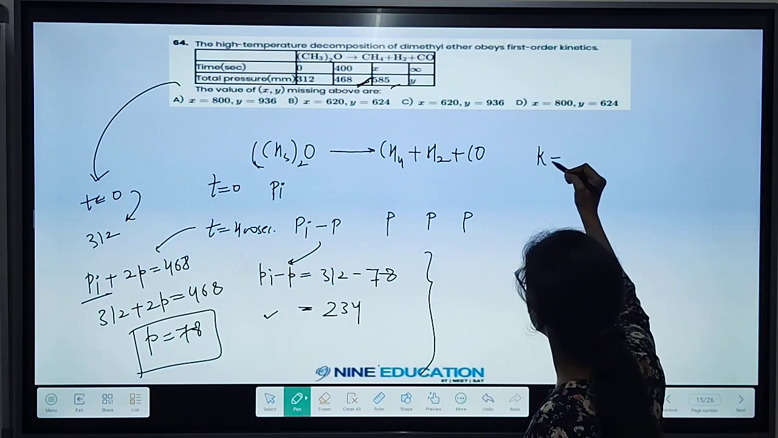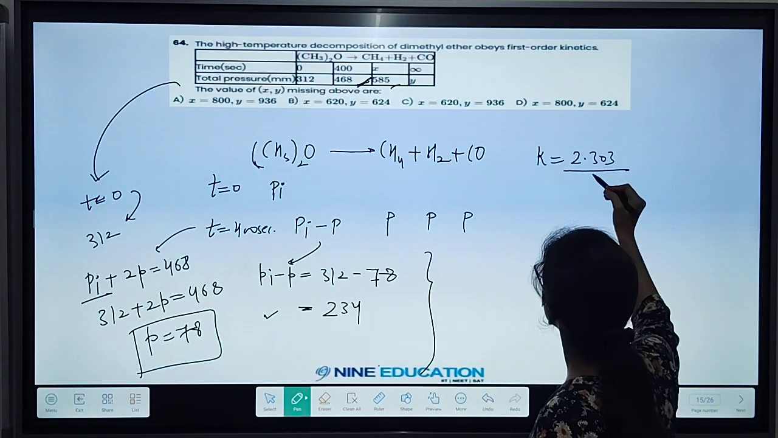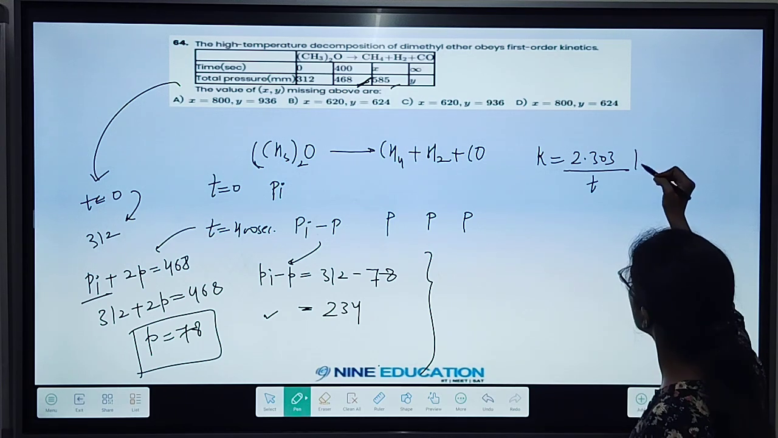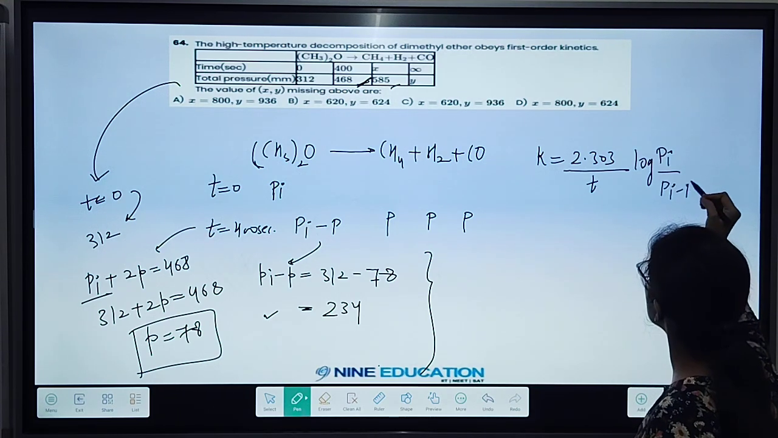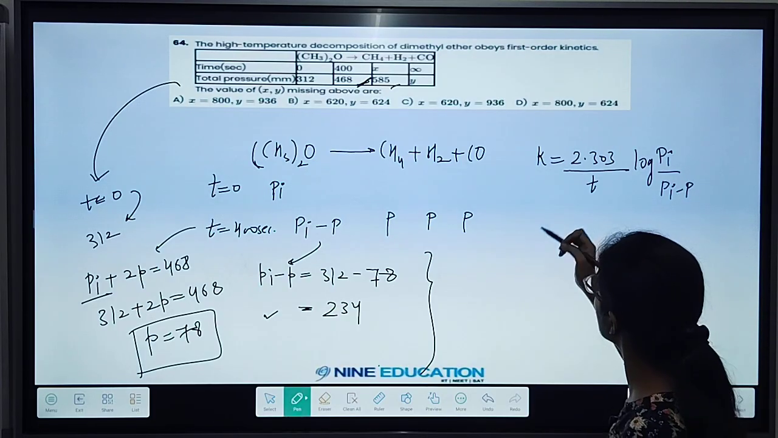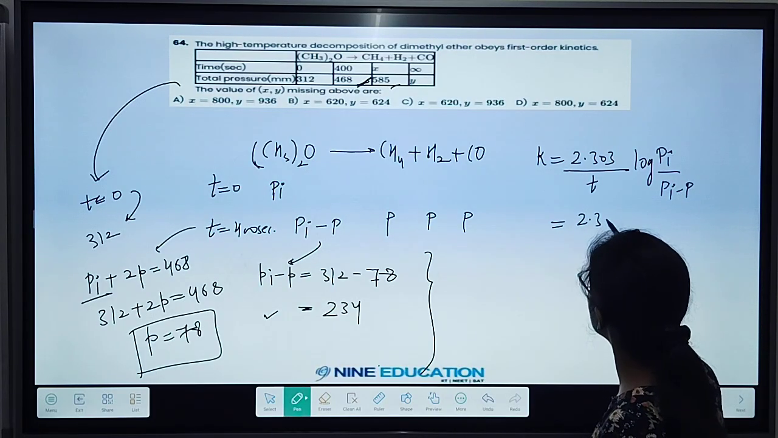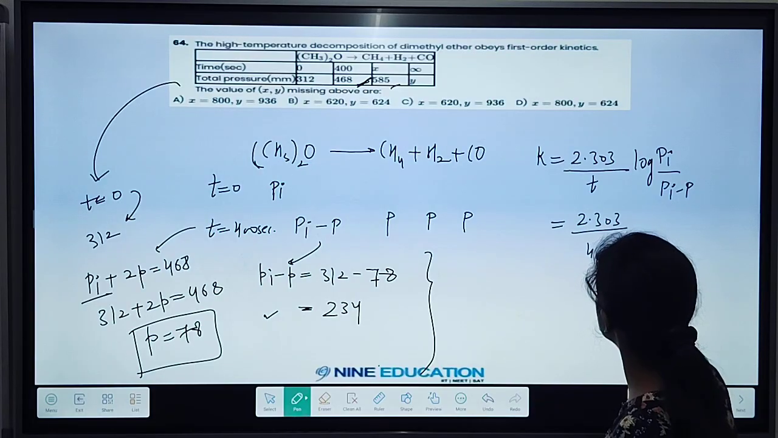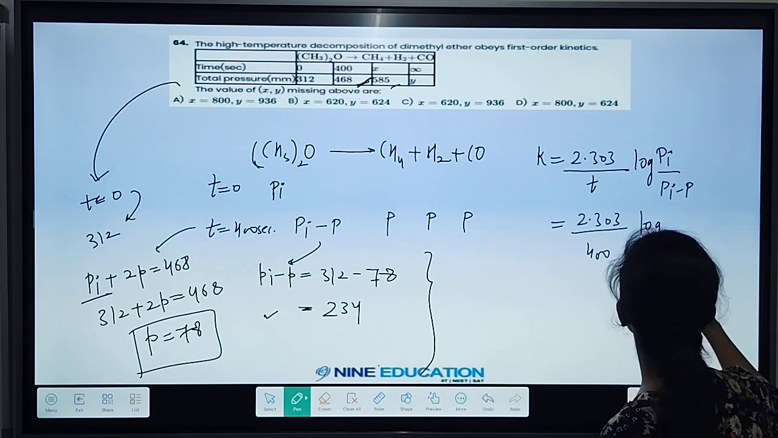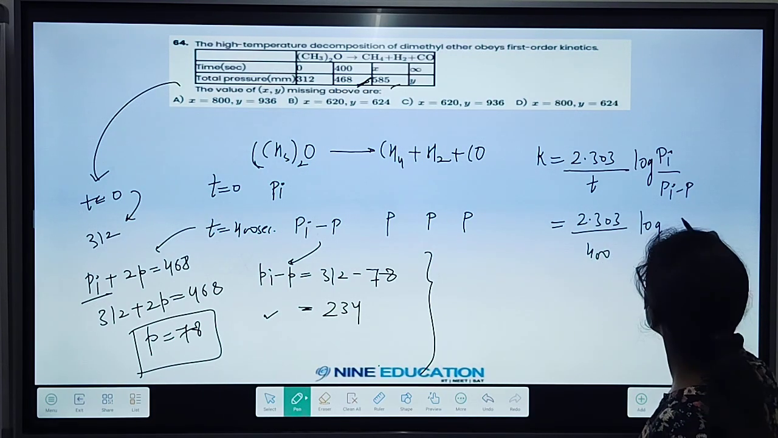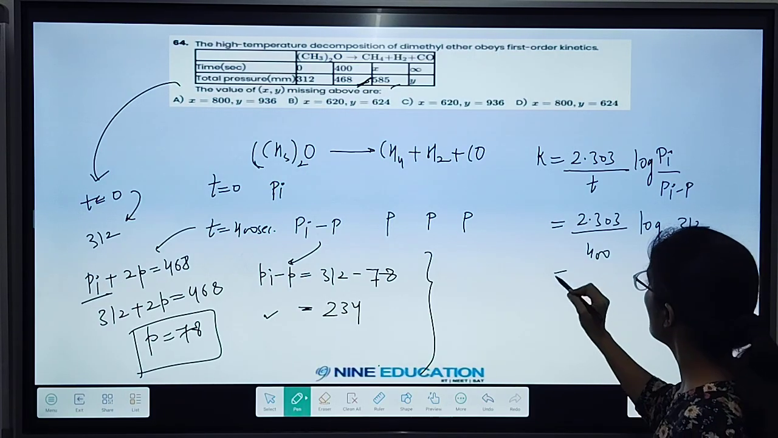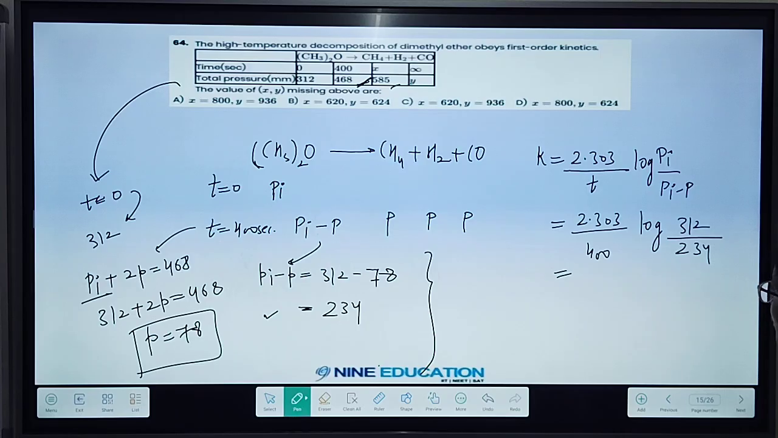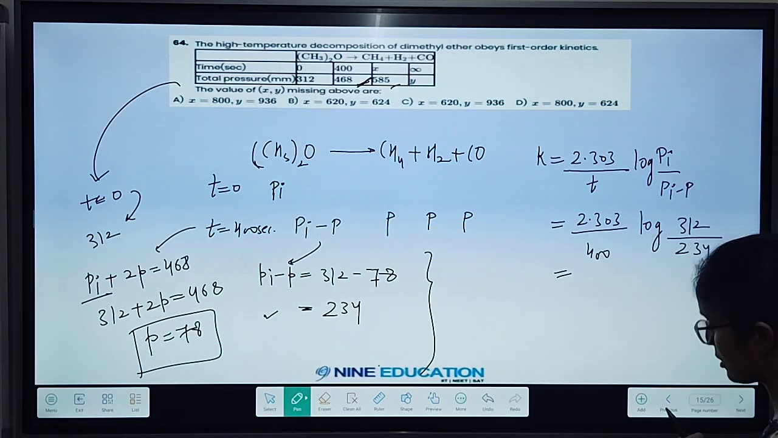Then we know the formula, k is equal to 2.303 divided by t, and if I write it in terms of pressure, it will be log of Pi divided by Pi minus P at 400 seconds. So if I put 2.303, t is equal to 400. Here we will have log of Pi, Pi is 312, Pi minus P is 234. So we will have to provide log values here, and for now I can quickly solve it. 312